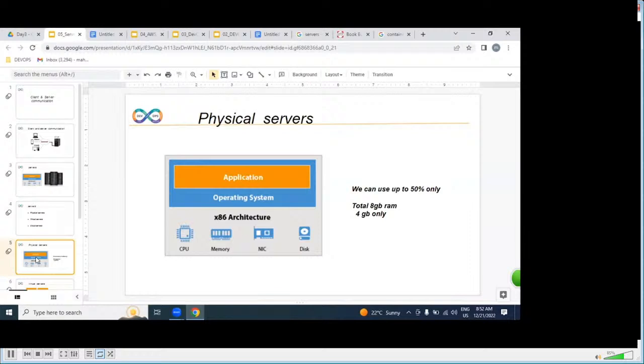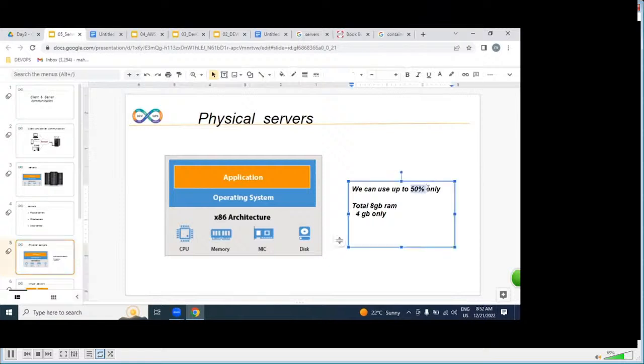Got it very clearly? So we are not discussing technicality here. The question is why physical, why virtual, why cloud? That is your clarification. Technicality in depth, what is physical, what is virtual, we are not discussing. Why we are shifting into the cloud, that I want to clarify here for today. In depth, we'll discuss later in regular classes. Okay. So in a physical environment, we can use only 50% of resources. Why 50?